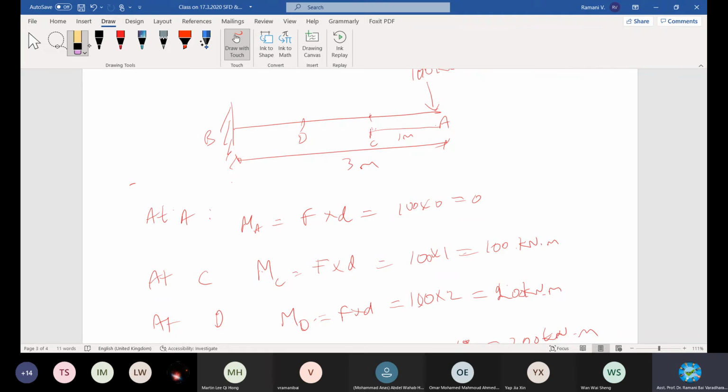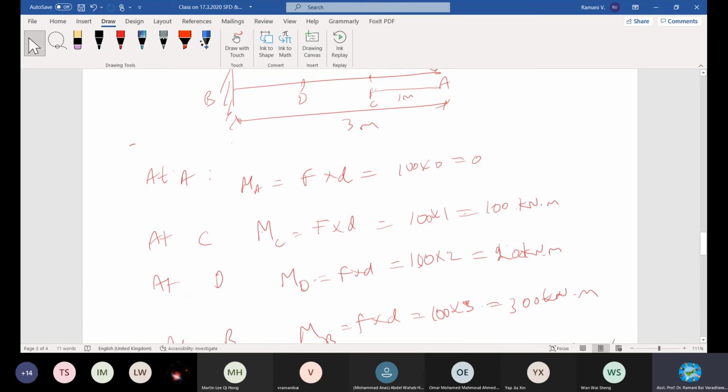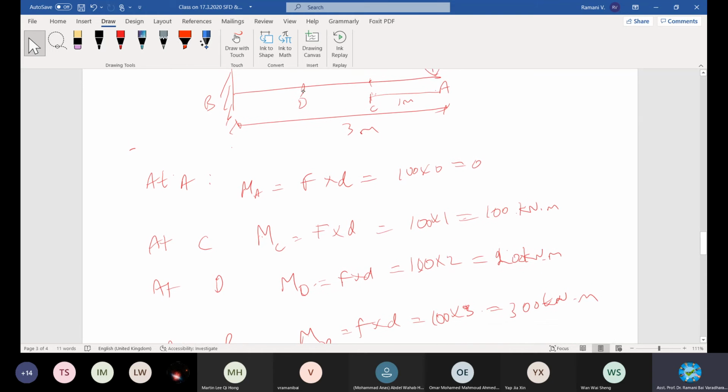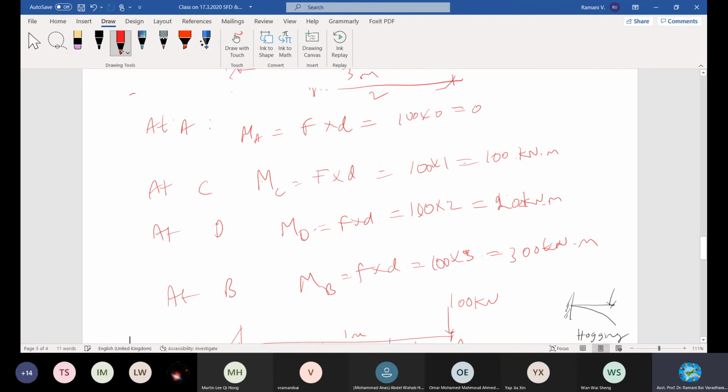So at A, due to the loading is this one. At C, the value of the moment at the couple at C due to 100 will be 100 times the distance. And then moving on, I reduce the size so that I can finish all in this. After this at D, due to this loading, it will be load into the total distance. Total distance is 2, from D to this point. So I have done this part.